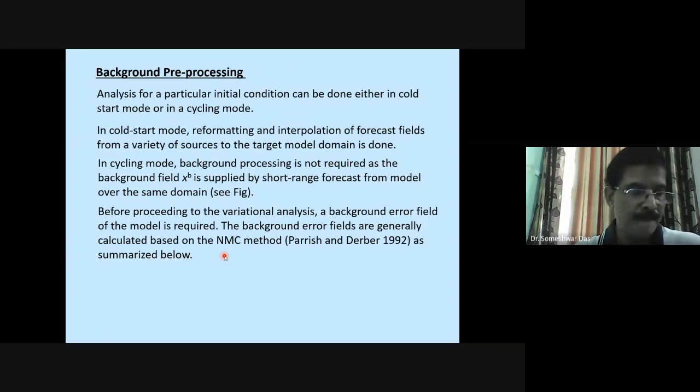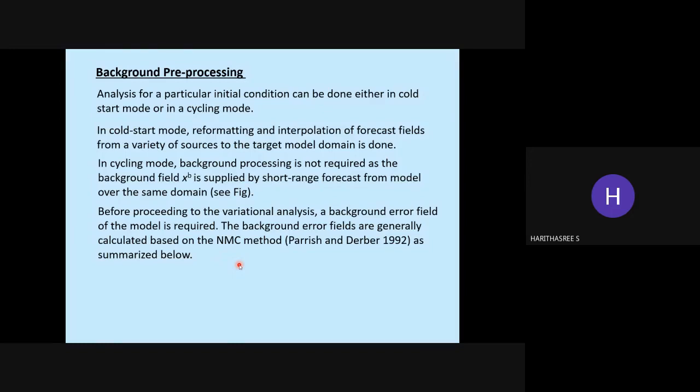That is a part of which country? USA, part of the US Weather Service, the United States Weather Bureau. And that itself is a part of NOAA. You know NOAA, isn't it? What is the full form of NOAA? National Oceanic and Atmospheric Administration.